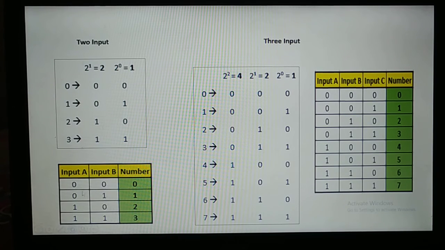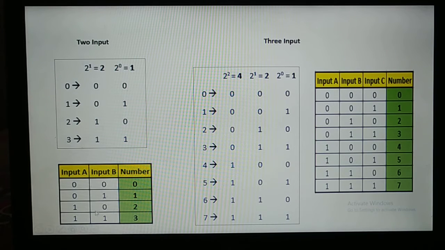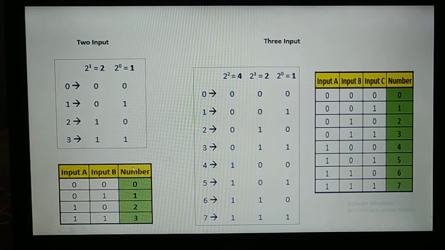So the tables which we are writing, numbers like 0 0, 0 1, 1 0, 1 1, or 0 0, 1 1, 0 1, 0 1, why are we writing this in this fashion only? Why are we not writing 1 1, 0 0, 1 0, 1 0 or any random number? The reason behind that is numbers are starting from 0, 0, 1, 2, 3.